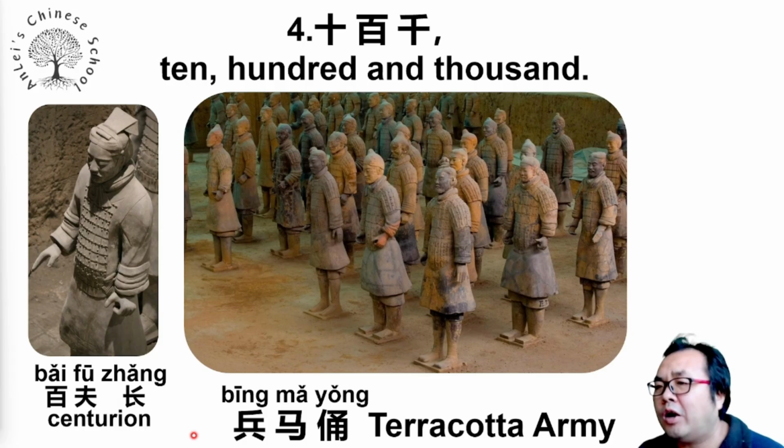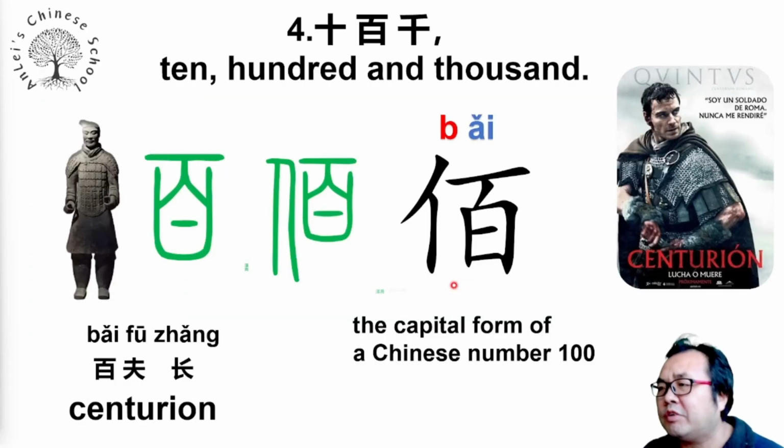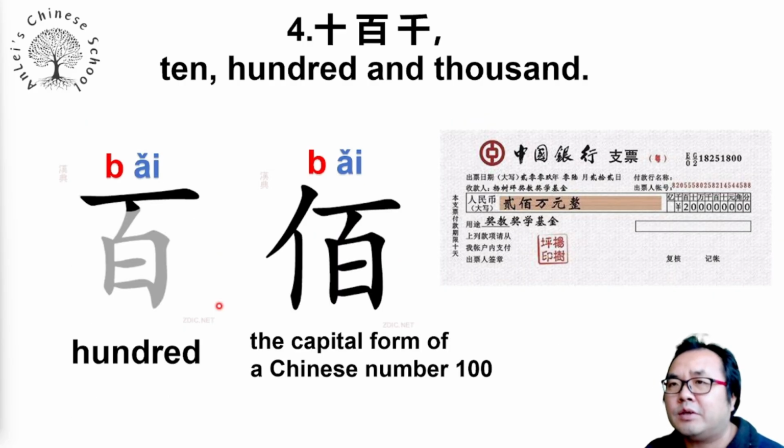And this is a terracotta army, 兵马俑. We don't have a solid record of which one is the centurion, 百夫长. According to their uniform and hat, this guy may be the centurion. The capital form of 100 is to put a man beside 100. This is 百,